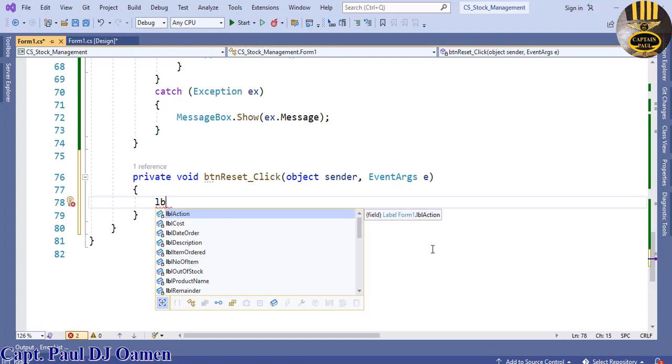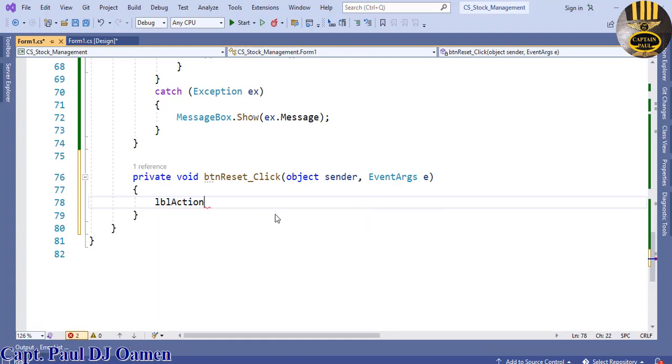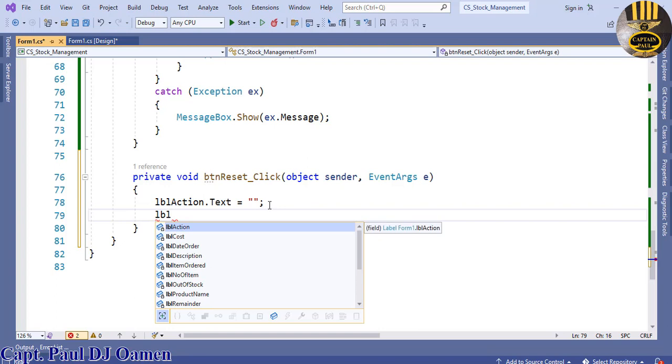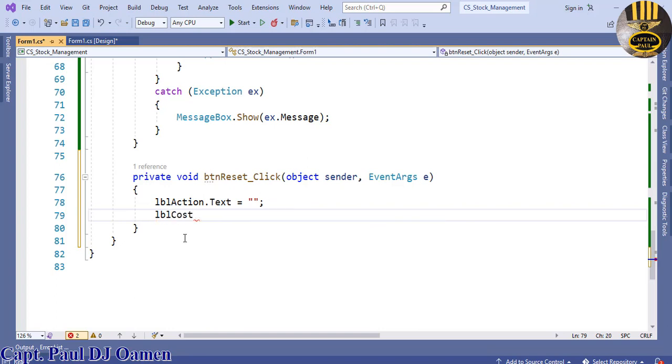Let's start by saying lbl action dot text. That will be equals there. Okay, just clear it like that. That's what I'm going to do for all of the components. The next one, lbl cost. The lbl,